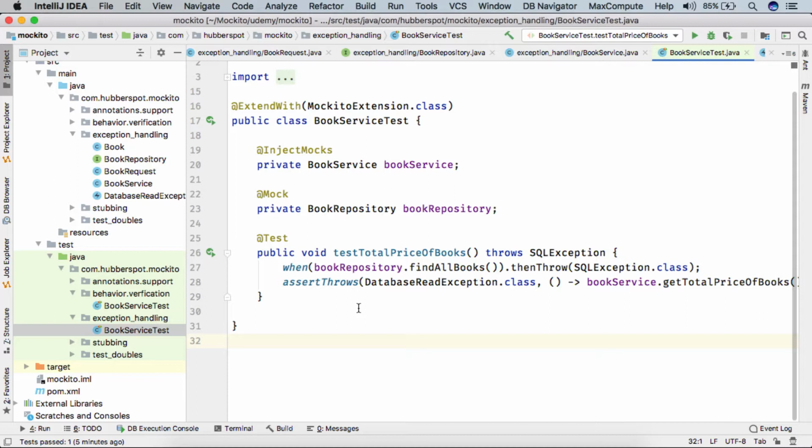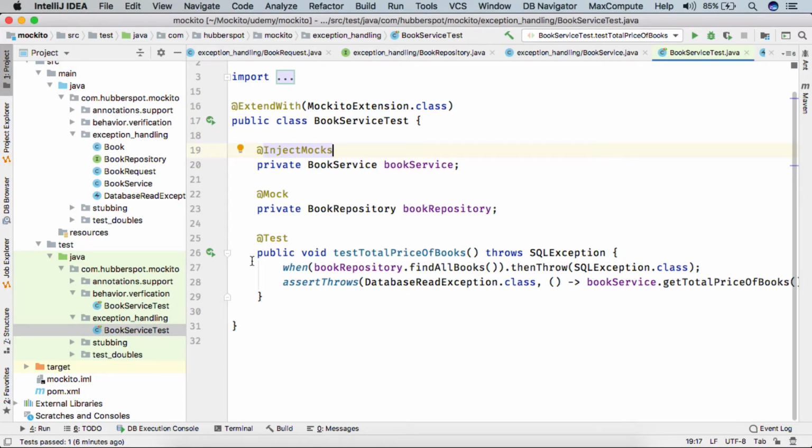Hello everyone. So friends, in our previous lecture we discussed how we can configure Mockito to test our negative scenarios by simply throwing an exception on the mock object, so that when the exception has occurred on the mock object we can test its effect on the class under test.